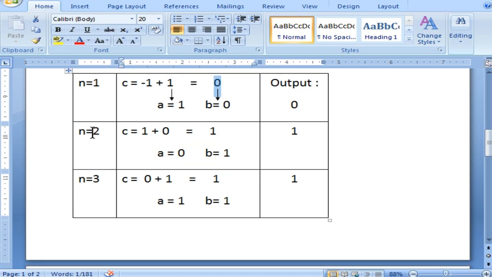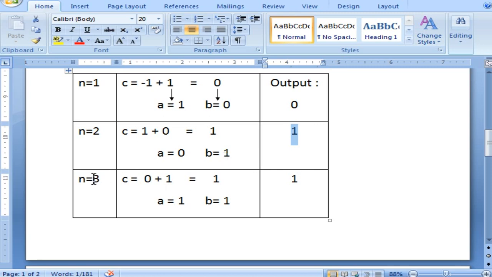In the next iteration, when n equal to 2, c equal to 1 plus 0, that is a plus b, and the term you are going to get is 1, that will be displayed here. Now you are going to replace a equal to 0 and b equal to 1, that is the b value and the c value.